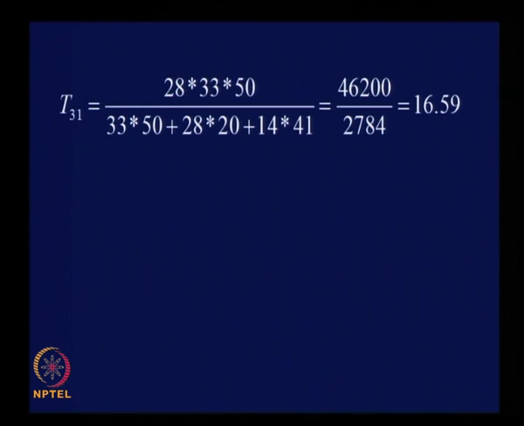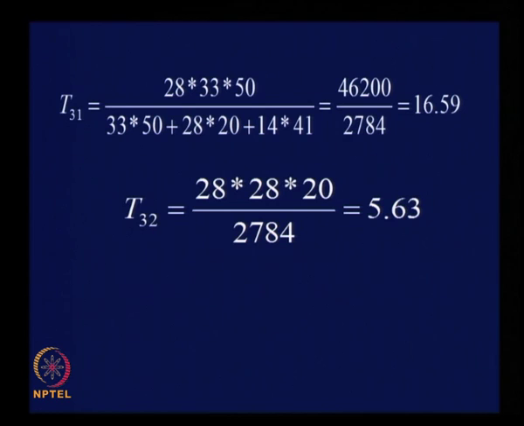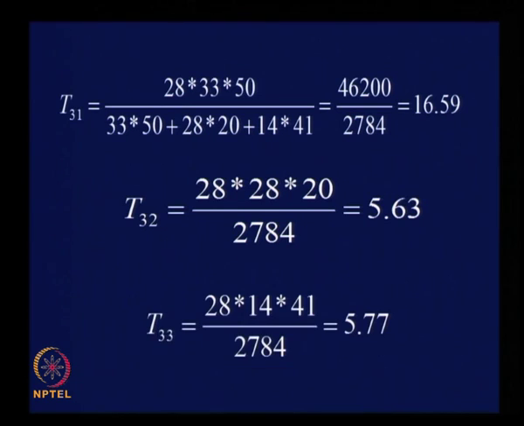T31 is 28 into 33 into 50 whole divided by 33 into 50 plus 28 into 20 plus 14 into 41, that is equal to 16.59 trip interchanges between 3 and 1. T32 is 28 into 28 into 20 whole divided by 2784, that is equal to 5.63. T33 is 28 into 14 into 41 whole divided by 2784, which is 5.77,